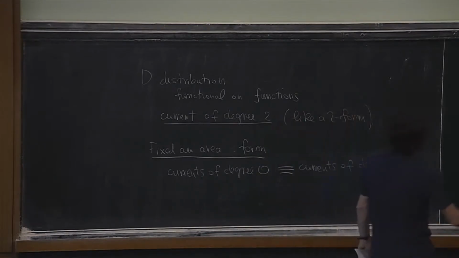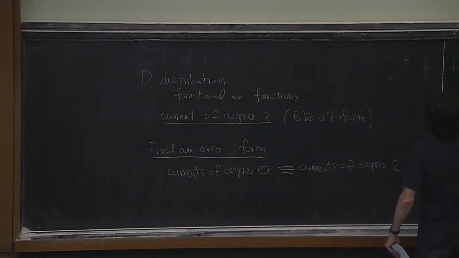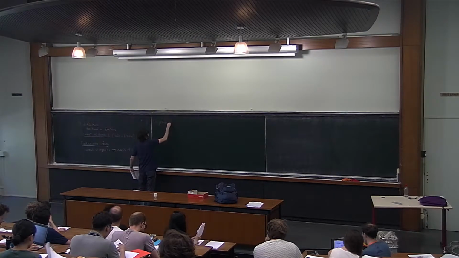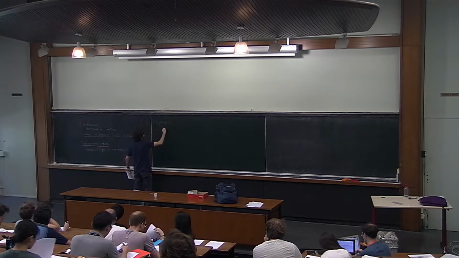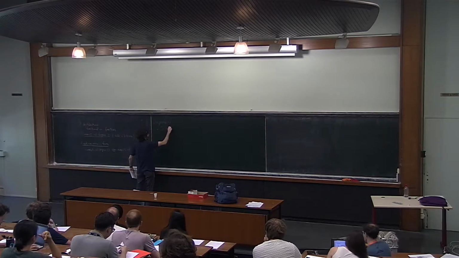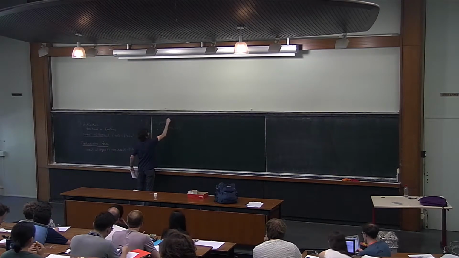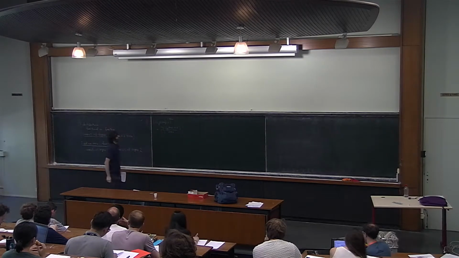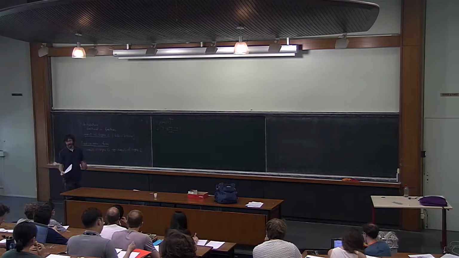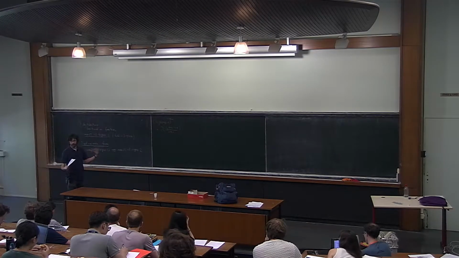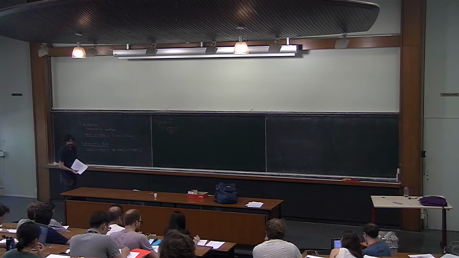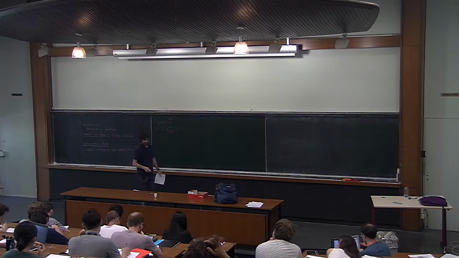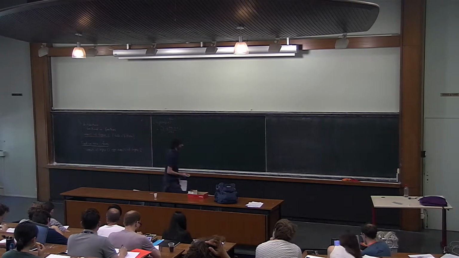This showed up in the formula that I wrote, the action of D dot i_X area on a 1 form, which contains this D of i_X area. i_X area is a 1 form wedge alpha, so alpha was a 1 form, but then I have to divide by area. So it depends on how I interpret D. If I interpret D as a function on functions, I have to divide by area. If I interpret D as a function on 2 forms, I don't have to divide by area. So there is this identification which you can neglect to make explicit, and this may cause some confusion. So anyway,